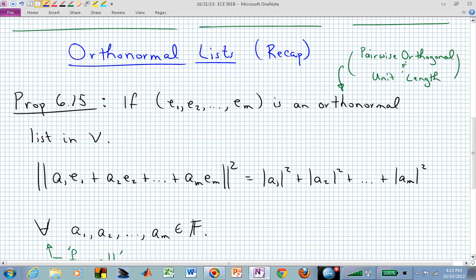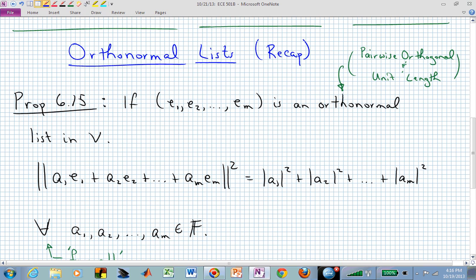If e sub 1, e sub 2, up to e sub m, these are m vectors in our vector space capital V, if that is an orthonormal list in V, and remember orthonormal means pairwise orthogonal, and each vector has a length of 1, or it's a unit length, then we can find the norm squared of some linear combination of those orthonormal vectors as simply taking the scaling factor in front of each of those orthonormal vectors and finding the absolute value of each of those and squaring those individual scaling amounts, adding those up, and that will give us the norm squared of this newly created vector V that might be represented by